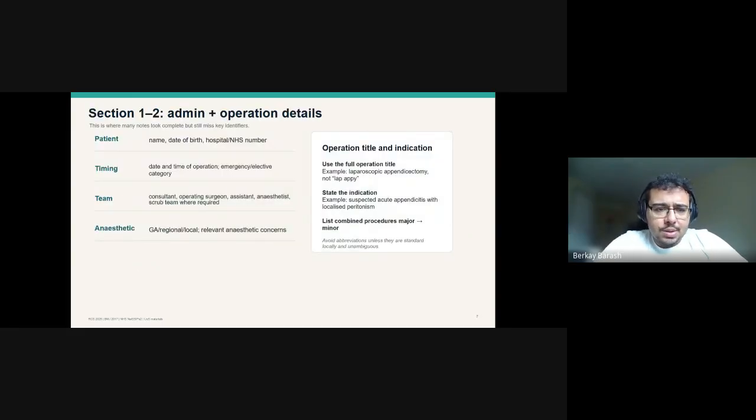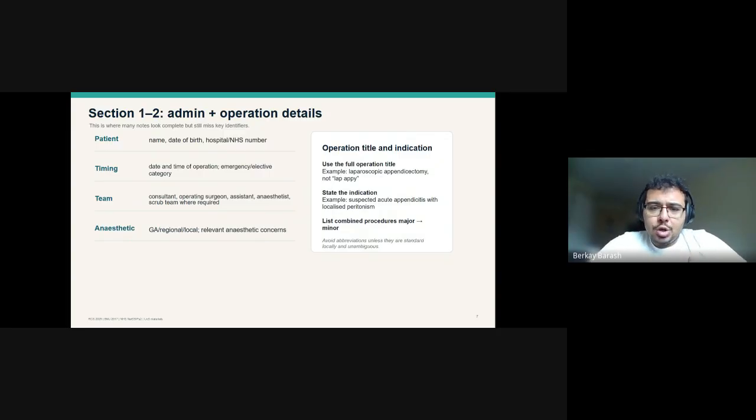So sections 1 and 2, as you can see, are the name, date of birth, timing, and anesthetic. The operation title would be something like laparoscopic appendectomy, not lap appy. We want the operation notes to be legible, so we don't want any shortcuts. Also,